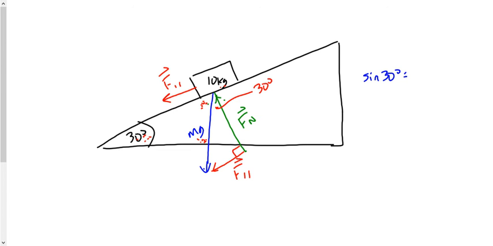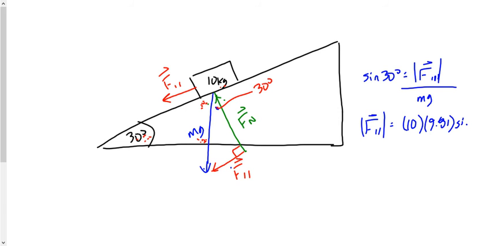Sine 30 degrees is equal to opposite. The opposite side of that triangle is F parallel over the hypotenuse. And the hypotenuse is the force of gravity, m times g. So we'd say in this case, F parallel is equal to m times g, 10 times 9.81, times sine 30 degrees, which is